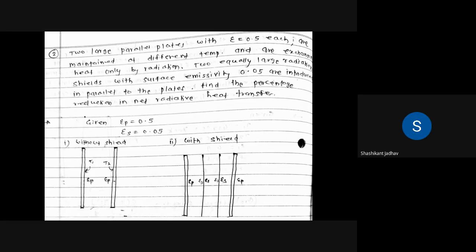Two equally large radiation shields with surface emissivity 0.05 are introduced in parallel to the plates. Find the percentage reduction